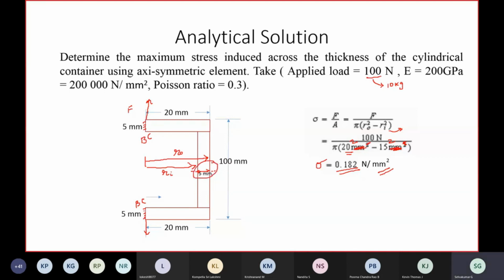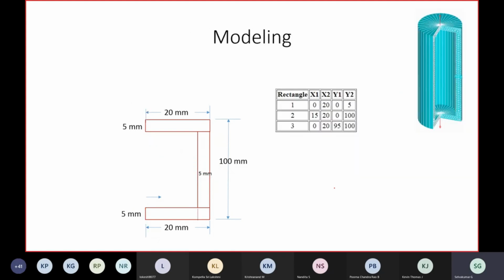This region we can define by defining the nodes. By knowing the nodes around this area, you can calculate the stress value. This is what we are going to do in this session. Of course, you can find out the maximum deflection also. What is the value of maximum deflection? That also we can calculate. I will simulate in the software. So this is the problem modeling part.